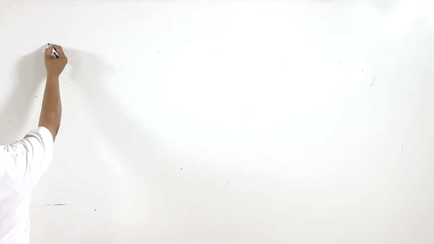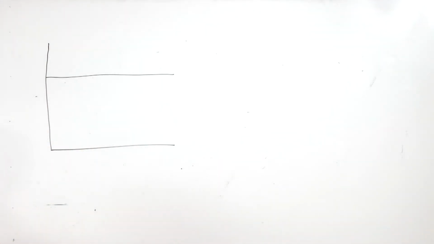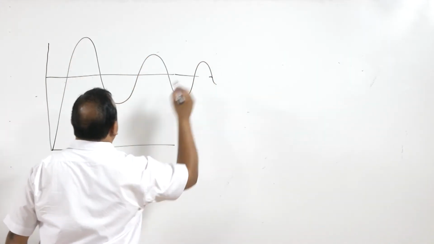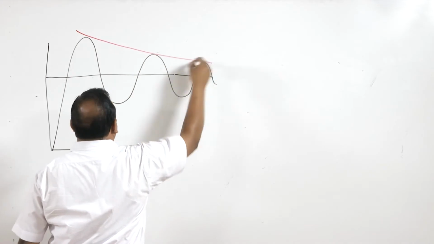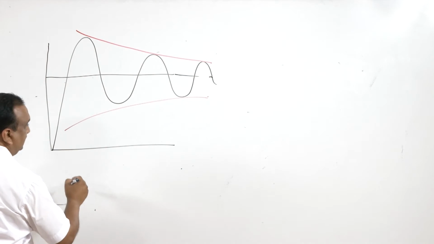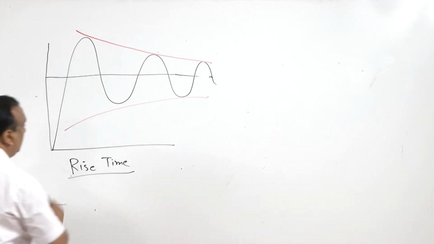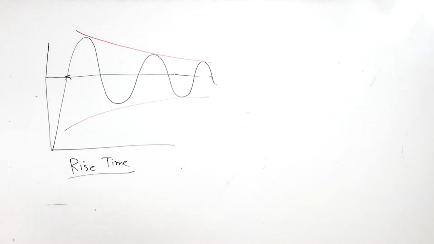Suppose there is an underdamped system. In an underdamped system, this is Qo by K Qi, and the system is behaving like this, for example, where the amplitude of vibrations is reducing. First thing is rise time. How much time does the instrument take to reach the 100% value? And for this rise time,